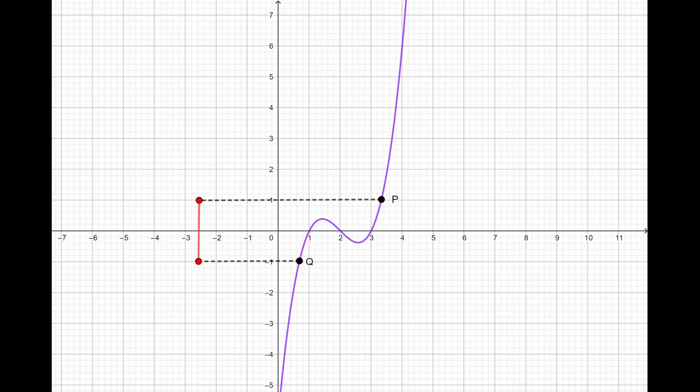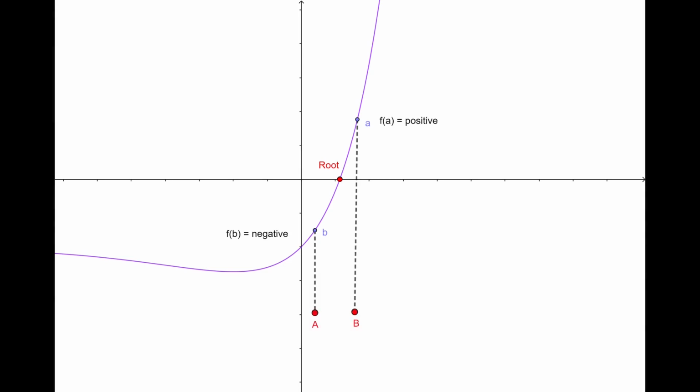In this example, the function is continuous between points p and q. So if we look at f of x equal to 0, we are getting 3 x values. But for some other values of f of x, we are getting only 1 x value. Now we know the point where the function intersects the x-axis is the root of the equation. So in order to find the root, we initially find two points a and b such that the value of the function at one point is positive while the value of the function at the other point is negative. And as the function is continuous between these 2 points, there is at least one point in the interval where the value of the function is 0, and that will be our root.